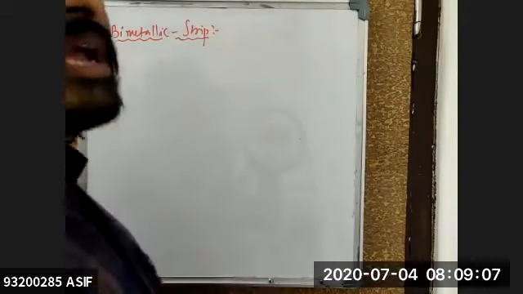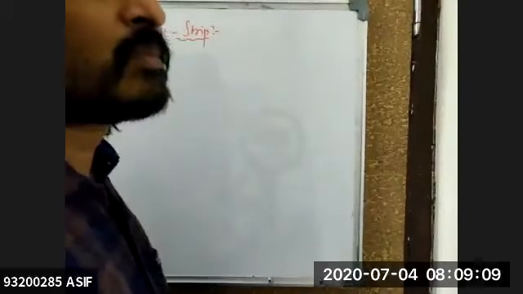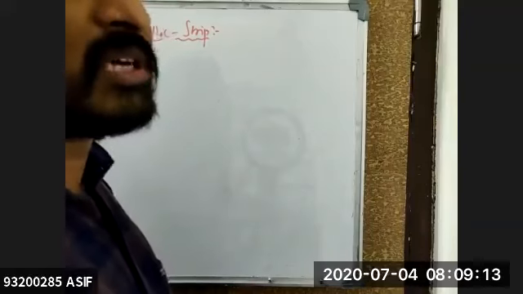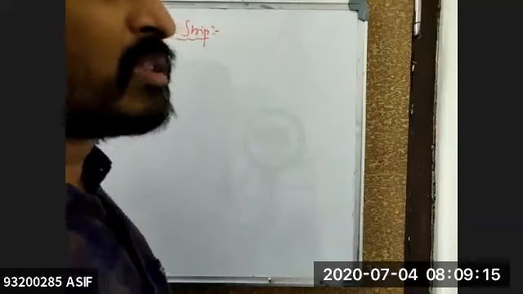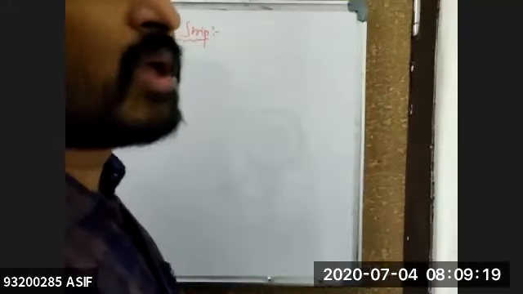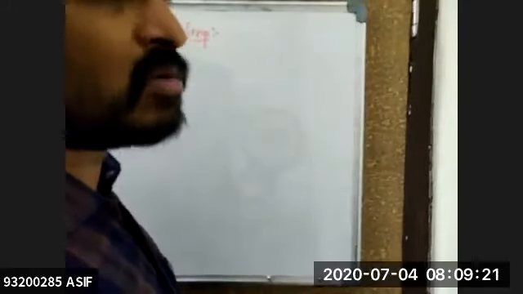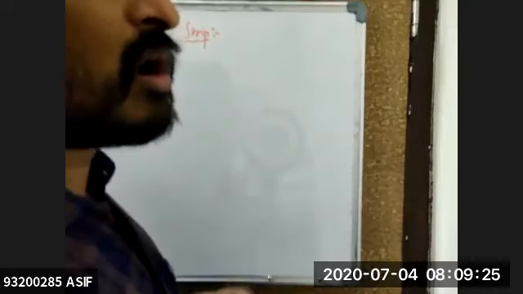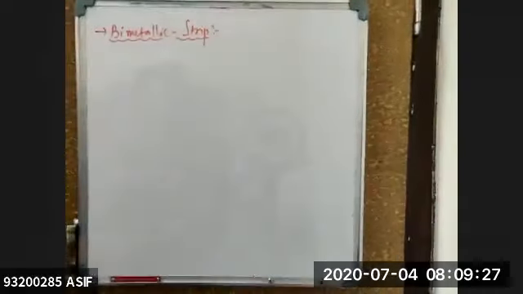Now we have automatic iron boxes, isn't it? They get switched on and off alternately. Once they get completely heated up, then the moment it gets heated up, it will get disconnected from the power. Again, once it gets cooled, it comes back to the original position, and again it will try to heat up. That means the automatic on and off works on the principle of the bimetallic strip.